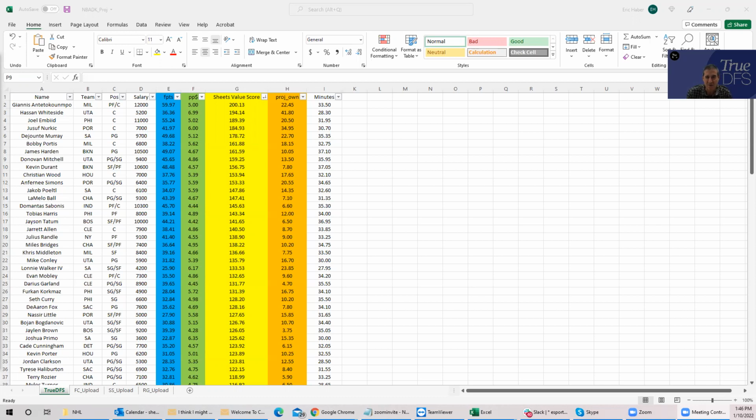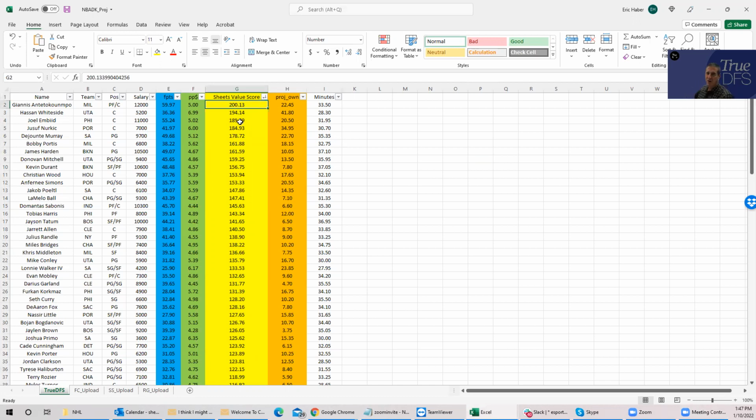So fantasy points would be in the E column, points per dollar in the F column, and Sheets value score, which is a combination of upside, raw points, and value, in the G column. And then we have projected ownership, which is derived in the same way as projections, an industry aggregate, but overweighting some of the models based on how they usually perform. And then over on the right, we have minutes, which gives you a baseline of what this all comes from. Anyway, first thing I want to do is sort everything by Sheets value score, because I think that's usually the way to start.